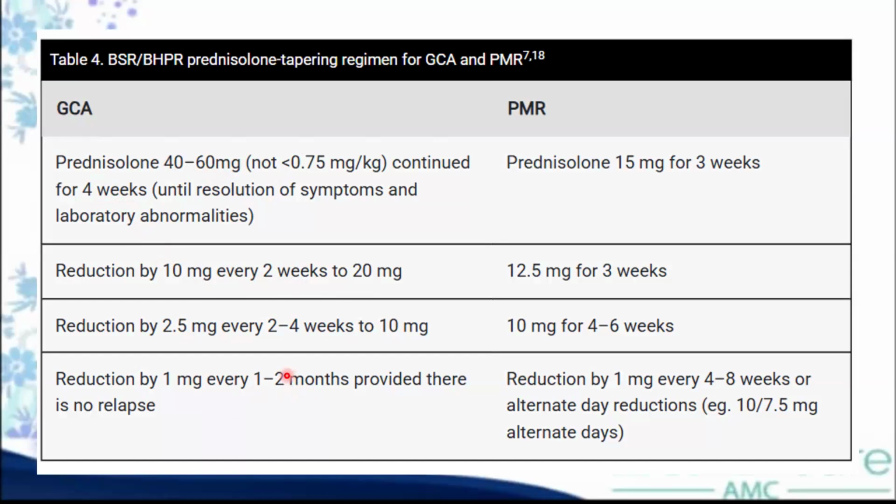If they have a high risk of osteoporosis, they need to be started on calcium, vitamin D, and you need to check their bone mineral density, right? Polymyalgia rheumatica is a lower dose over a longer period. So 15 milligrams for 3 weeks, right? Then you start tailing it off. You don't need to know these tail off regimes, right?